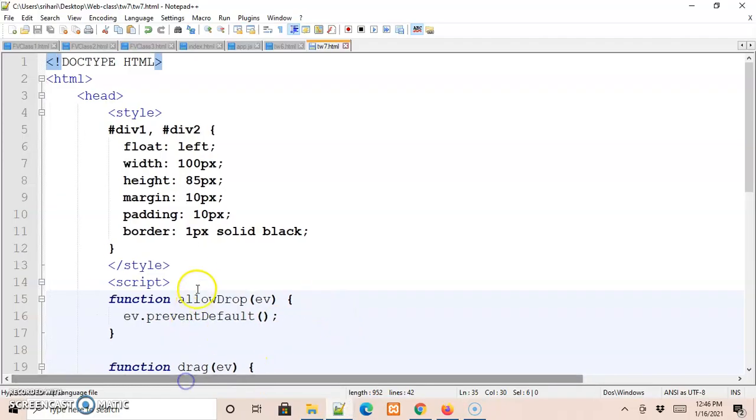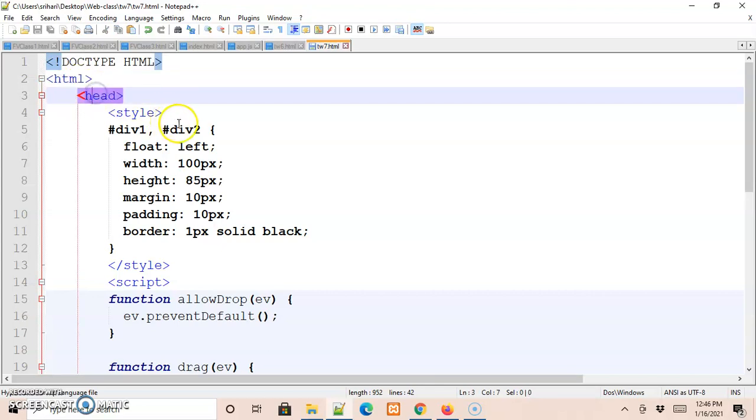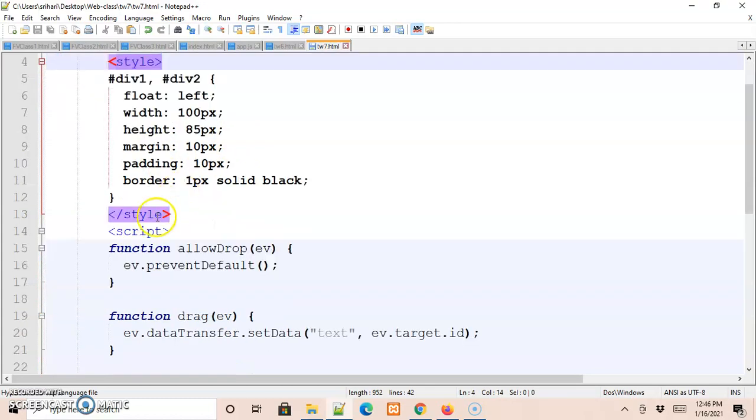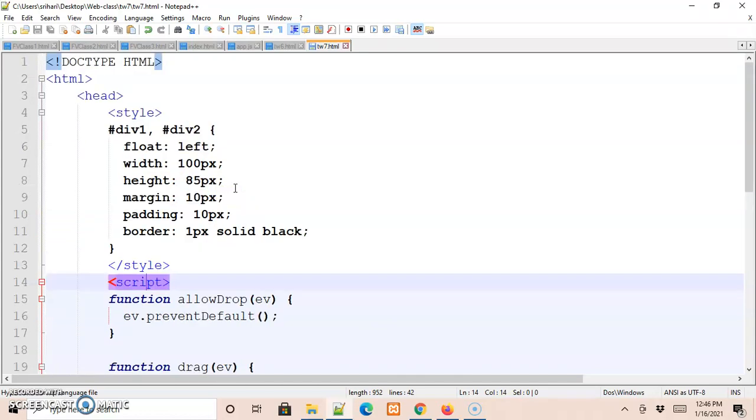So here we go. This is the code. As usual, we have the doctype HTML, which indicates the type of the HTML document. Then we have the HTML tag, and then the head tag, where we have written the style as well as the script for doing this drag and drop activity.